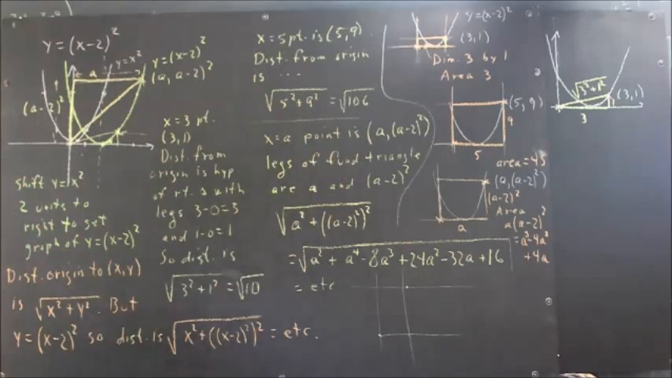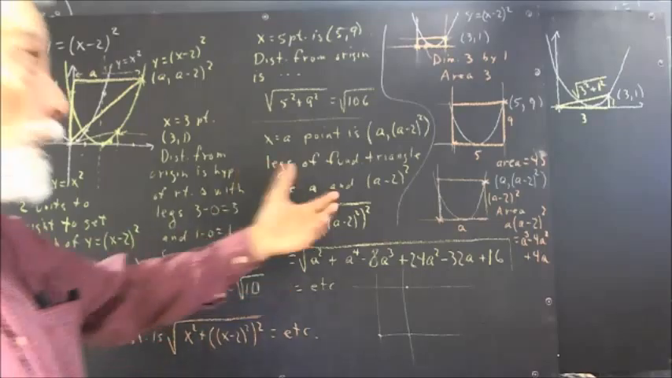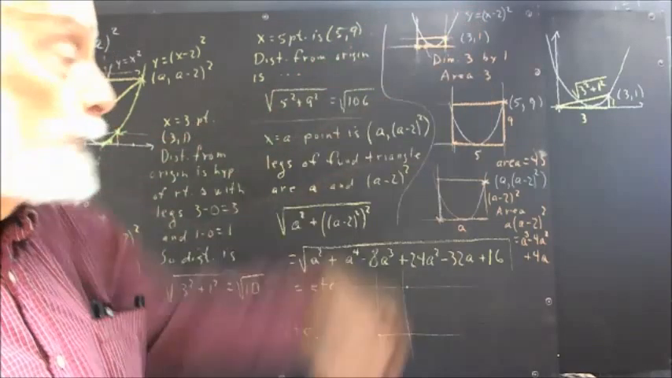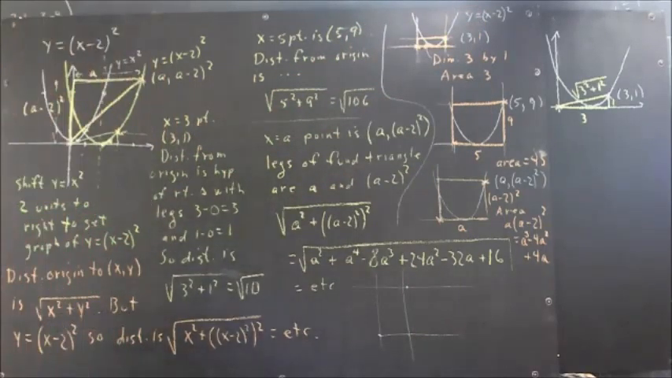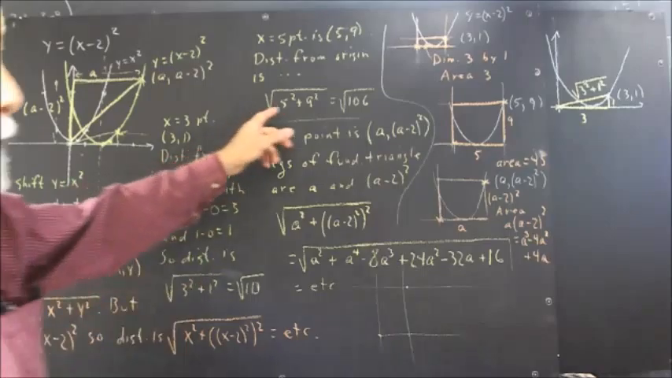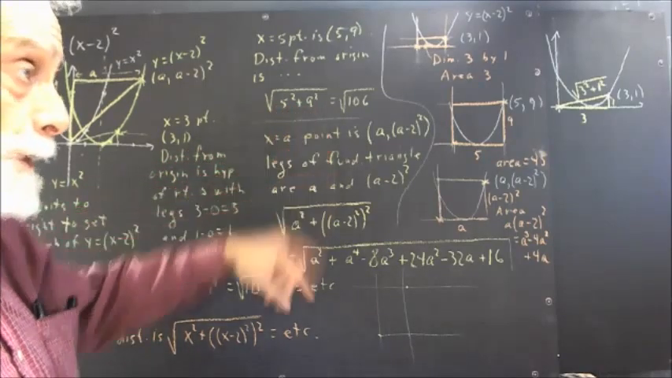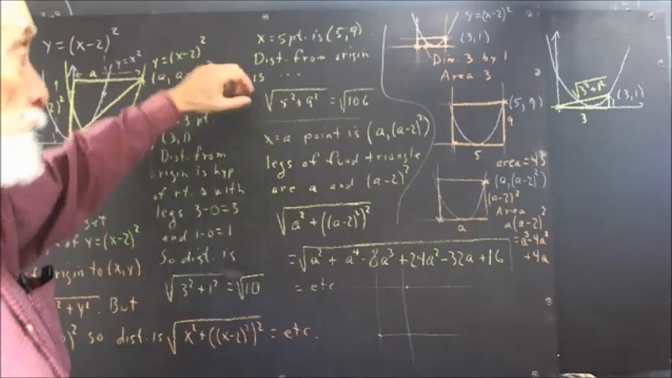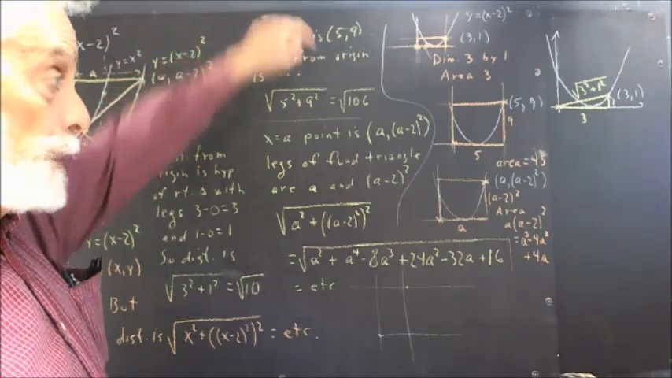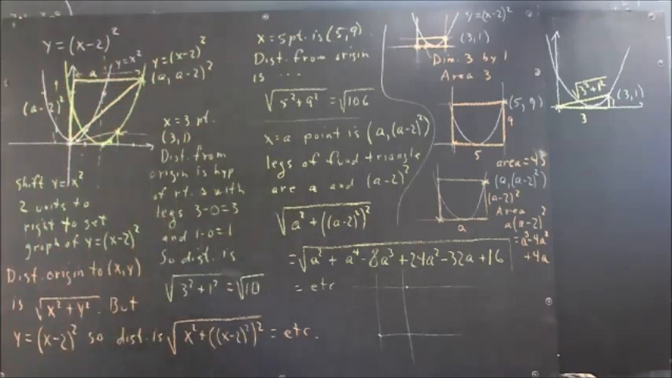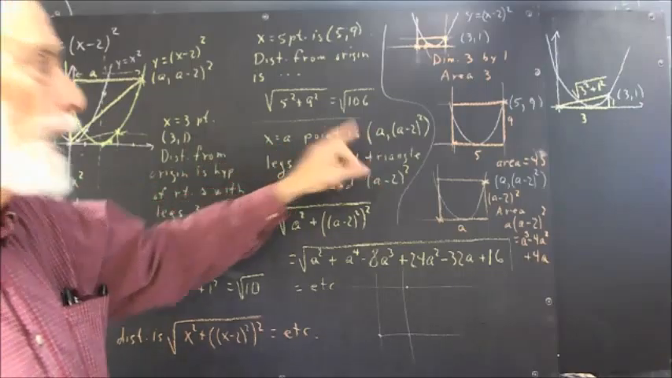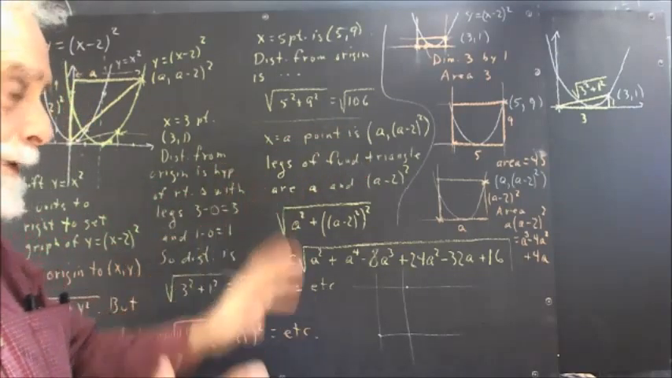Okay? So that should be pretty obvious. You should draw that. You should sketch it and convince yourself that those are the legs of the right triangle whose hypotenuse goes from the origin to the point 5,9. Okay, now we ask about the x equals a point, and here's where people started to hesitate a little